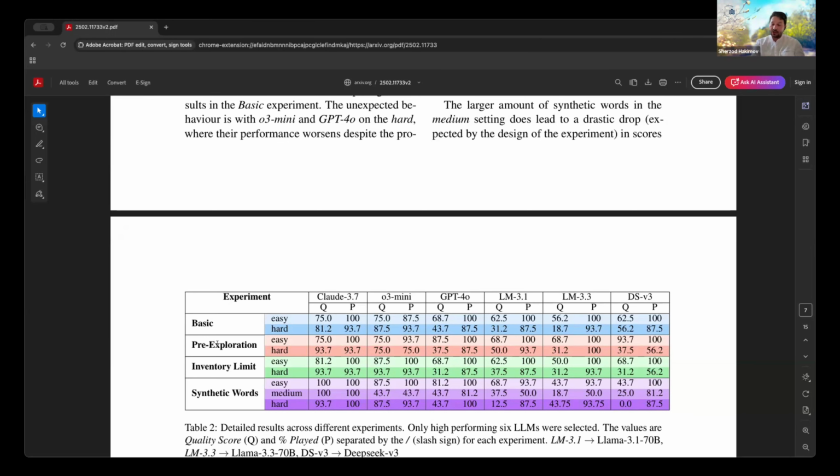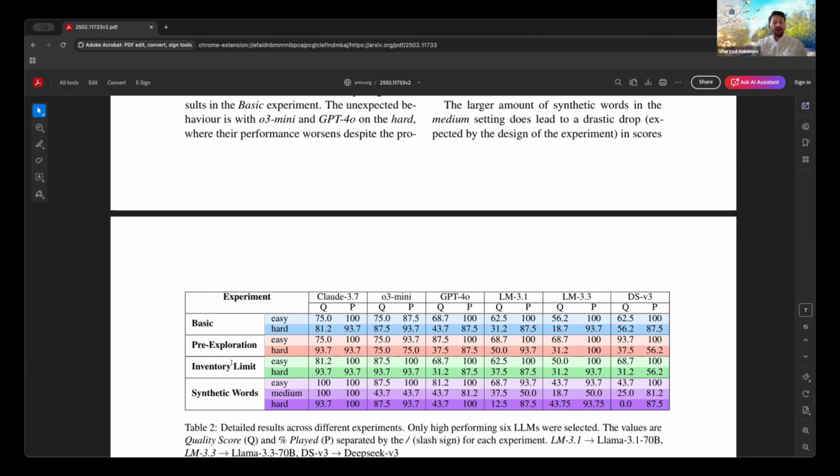Then we have something called pre-exploration. Pre-exploration is where we automatically traverse the map and we provide this as a context in the beginning. So basic starts from nothing. Pre-exploration starts with basic information about where the rooms are and how they are connected, and basic objects that are observable. We just want to see here whether, given such a head start of information, the agents can actually get efficient because you already give kind of the map of the rooms and so on, right? And which objects are there.